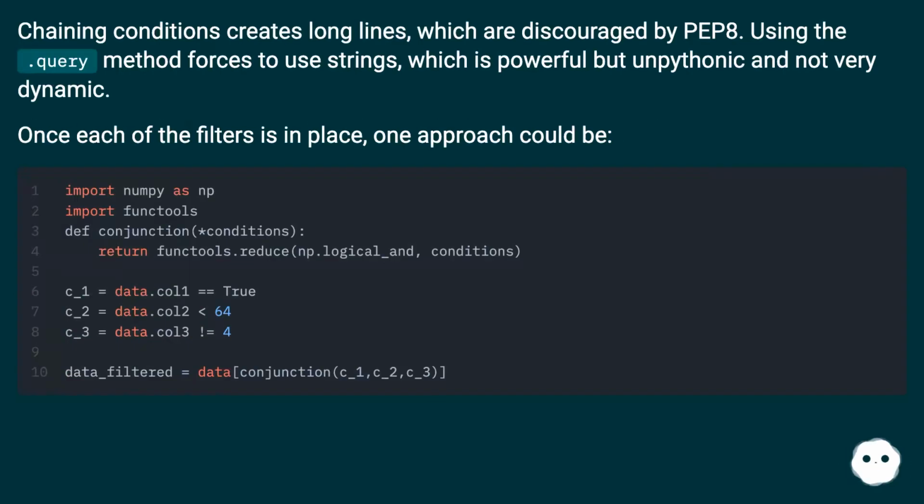Chaining conditions creates long lines, which are discouraged by PEP 8. Using the .query method forces you to use strings, which is powerful but unpythonic and not very dynamic. Once each of the filters is in place, one approach could be